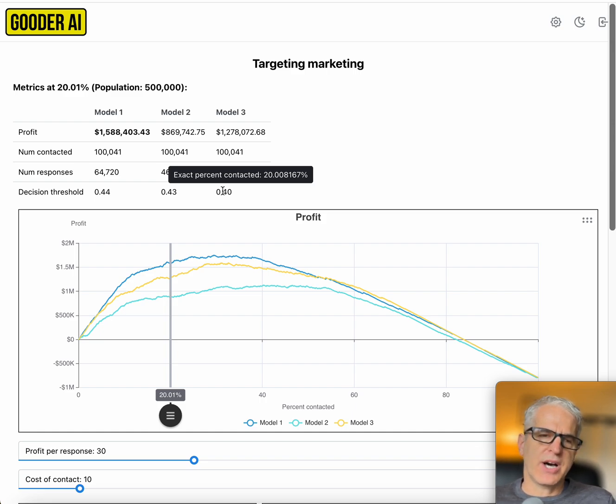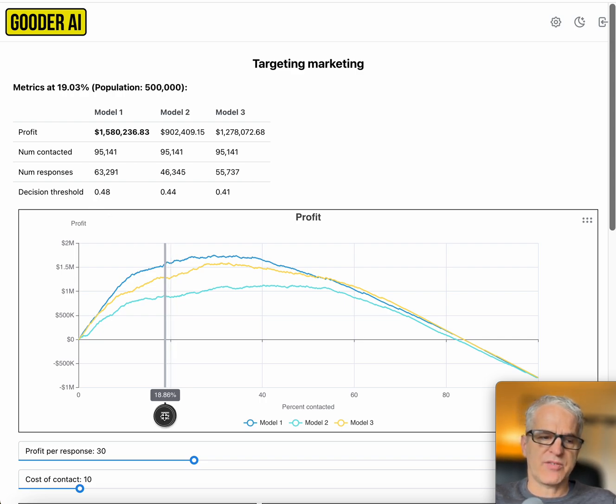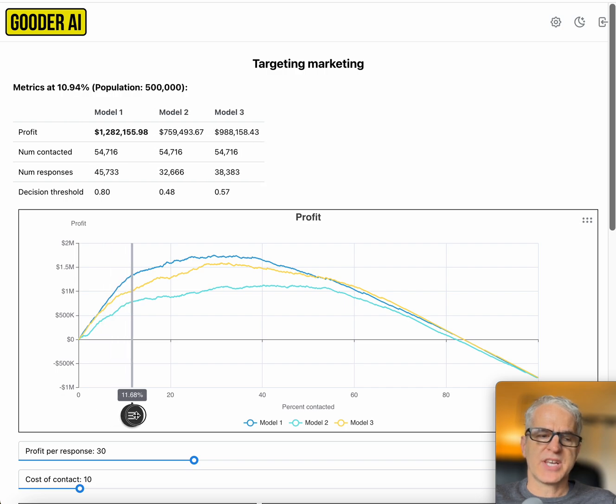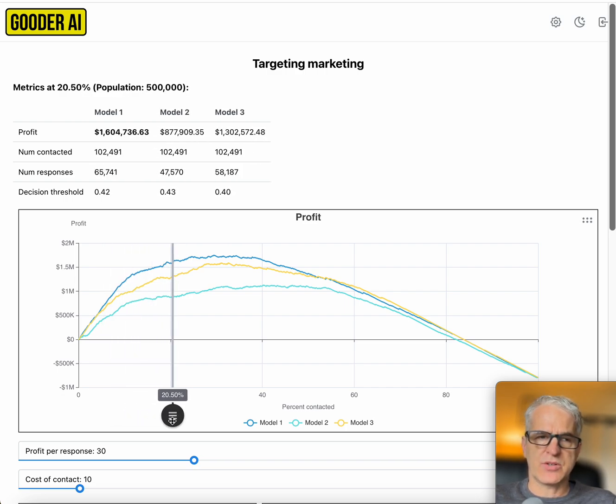Right? The purpose of a model is to predict the outcome or behavior in order to decide whether you're going to perform some kind of treatment, right? So the model prioritizes, it orders, it triages, and then we put it on these charts from left to right, highest, that is most likely, whatever you're predicting with the model, down to least likely. So those with the highest score, in this case, the highest chances of buying if contacted, are more towards the left. So if I set the decision boundary to 20% and treat the top 20%, that means every individual sort of